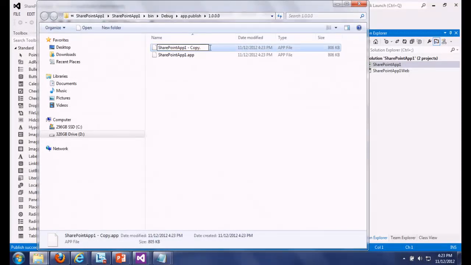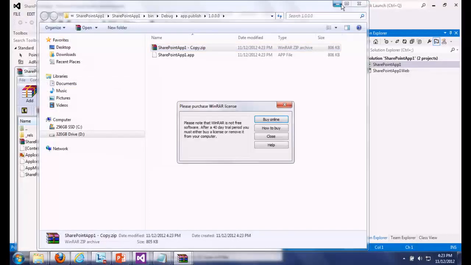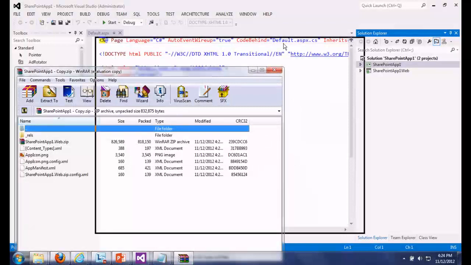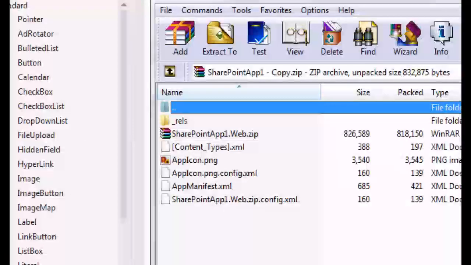If you ever want to see what's inside of something, you just do that, right? And then you can actually see. All right? And you can see here I've got some artifacts here. There's some XML stuff. There's some SharePoint App 1 stuff. The point is it's almost got like this package of configuration file and libraries that goes together and is deployed.